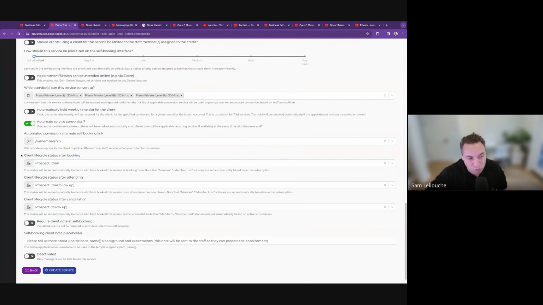So you want to make sure your trial services have these 3 life cycle statuses set up correctly, right? So that as the student goes through the booking, they automatically get into the right status. If you're using another CRM, like Monday.com, whatever, these things have to be synchronized manually, right? So it's a pain. We're making it easy for you to automate this whole process here, right? So you want to make sure you set up these